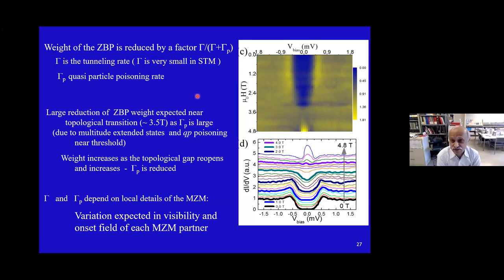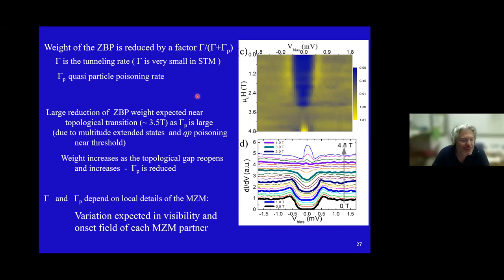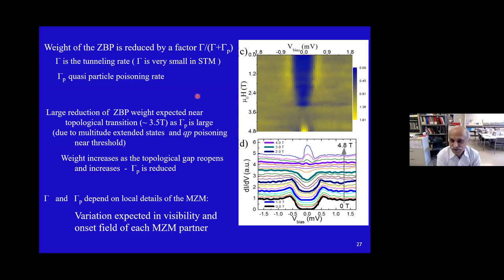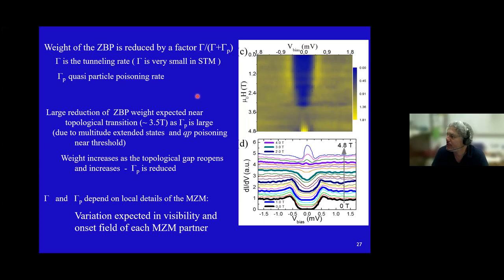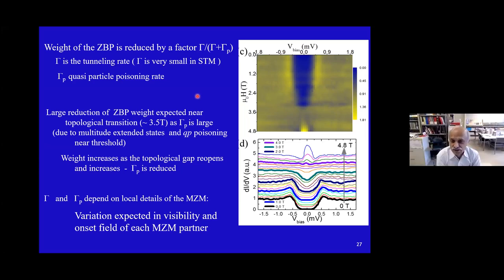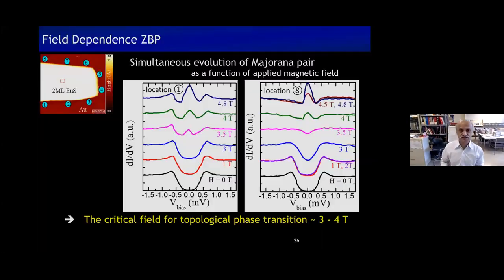As you can see, the scans are done in sequence. Please mute yourself if you are not speaking. There was another question from Seongshik. You could see them appearing at essentially the same time, although not simultaneously. You cannot measure with an STM tip at two places at once, so you can only scan one after the other. At each field, you can actually scan both sides.